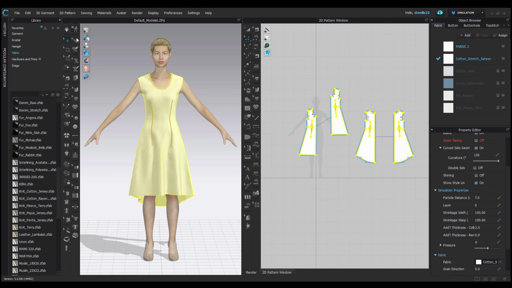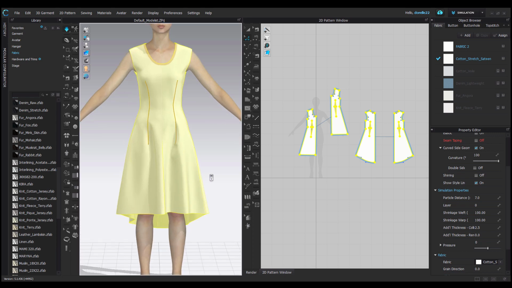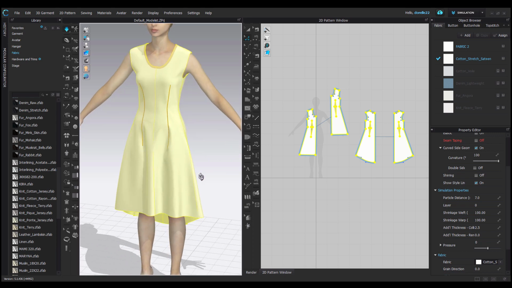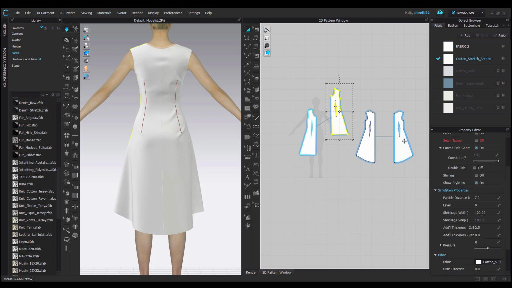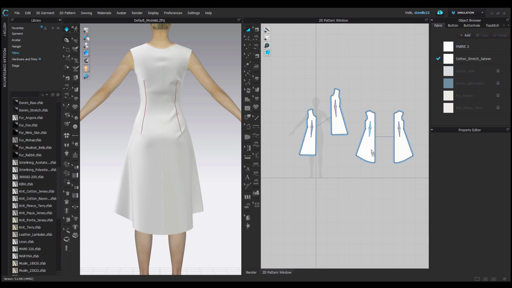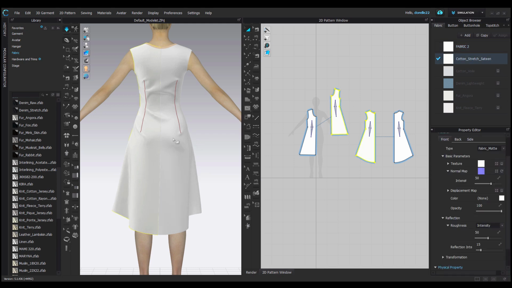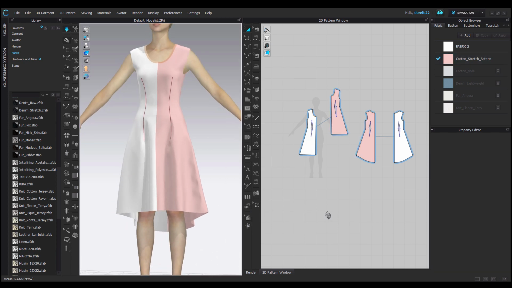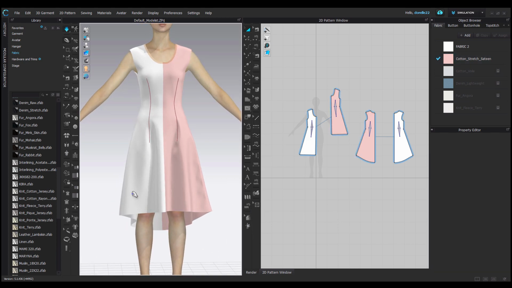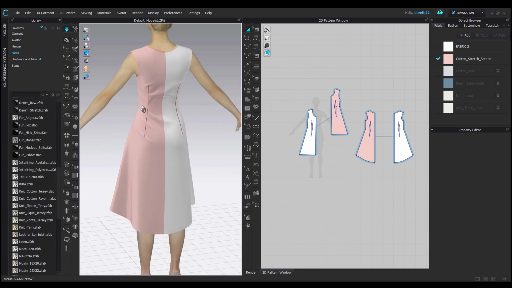If we hit our render button, we can see it start to render a little differently. You can add the fabric piece by piece, or you can highlight the whole garment and add the fabric to the whole garment. Now you can see the default side has fewer drag lines in the pattern. It doesn't really show the drag lines or the fit issues with the pattern until you change to a new fabrication. So I'm going to show you the difference in how it responds on the 3D form.